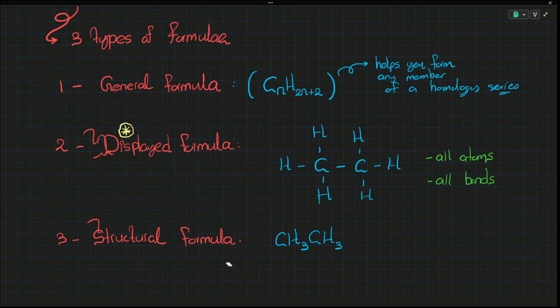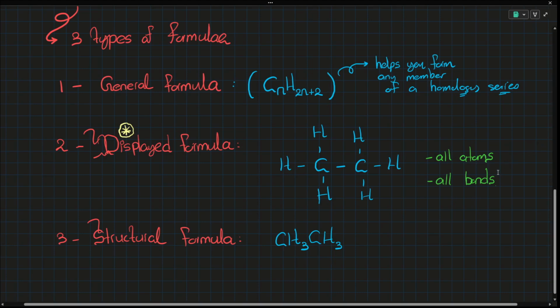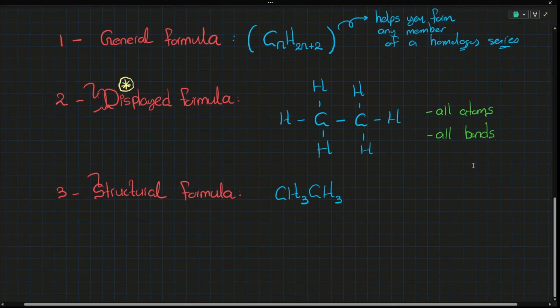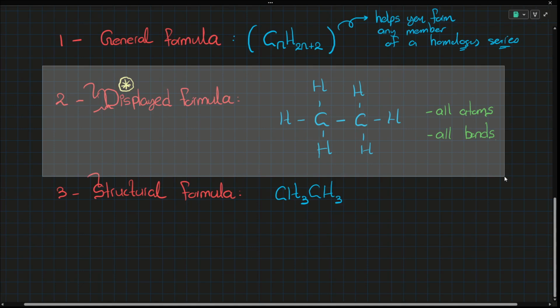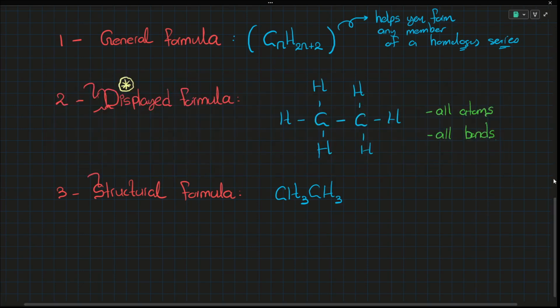It's just giving you the structure. Do you see? No clear outline of atoms and where they are, no clear outline of all the bonds, nothing. That is why structural formulas are tricky. It gives you so little information. But do you see displayed formulas? They give you so much information. That's the thing. So when it comes to structural formulas, let me give you another one: CH2=CH2.